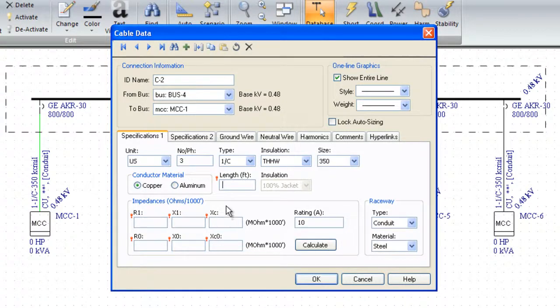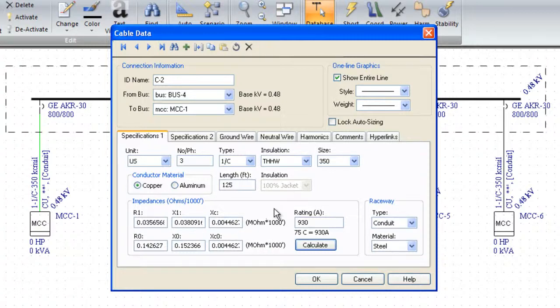Any length, we'll just put in say 125 feet. All you need to do is walk off that distance in 3-foot steps, account for up, over, and down, and you'll be within 5%. We model direct buried, in conduit, tray, or air. And we model whether it's magnetic in steel or one of the non-magnetic types. And then all you have to do is hit calculate, and we'll determine from the proper algorithms the exact conductor